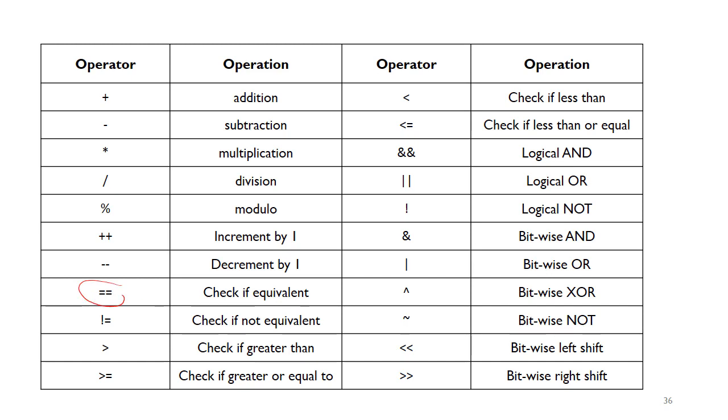So single equals sign is the assignment operator, double equals is the equivalent operator, not equals, greater than or equal to, less than or equal to. Then we've got our logical operators. So we can do logical and, logical or, logical not, just like we've seen with logic gates. Note they've got the double ampersand, double pipe,